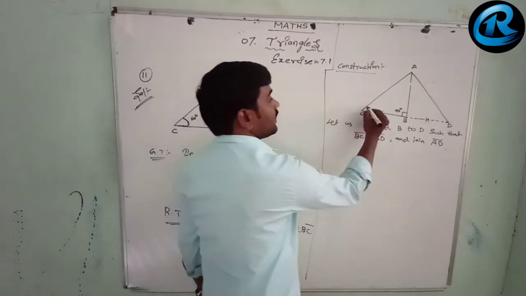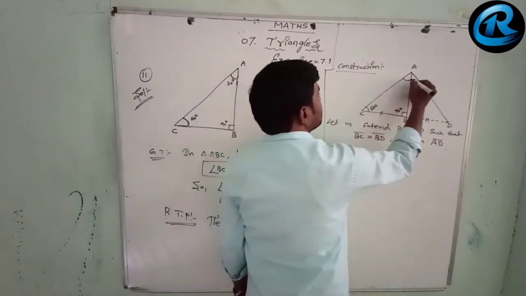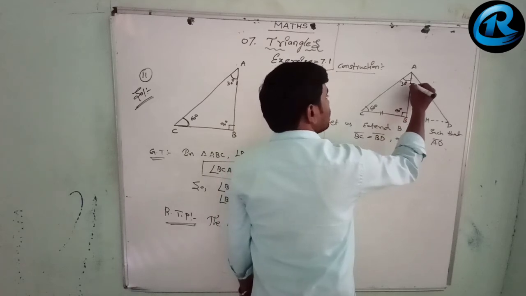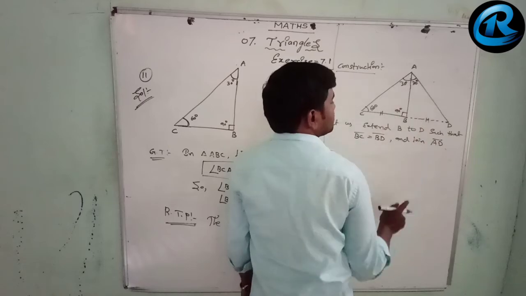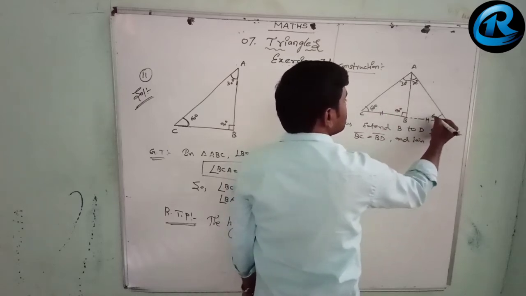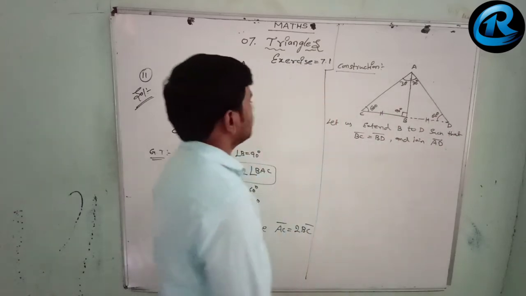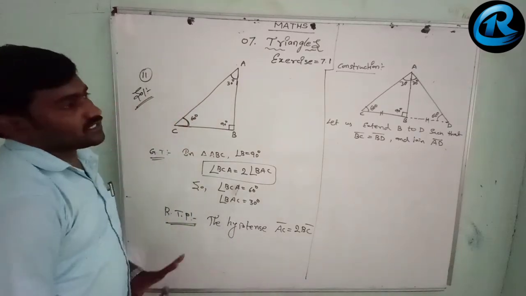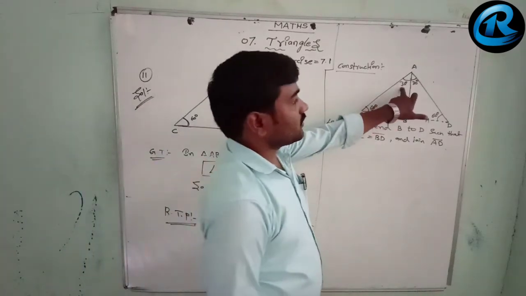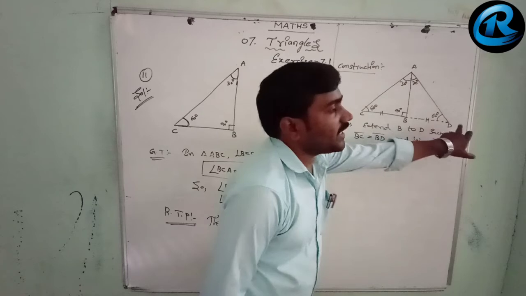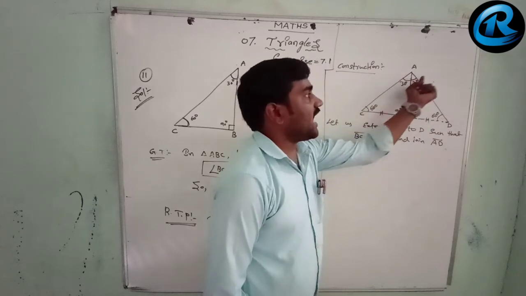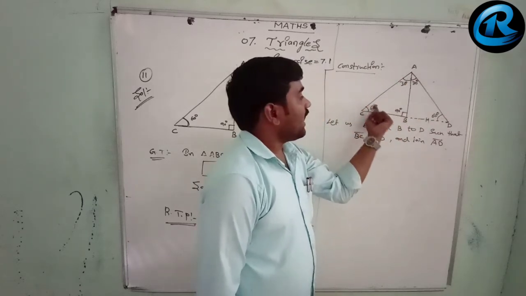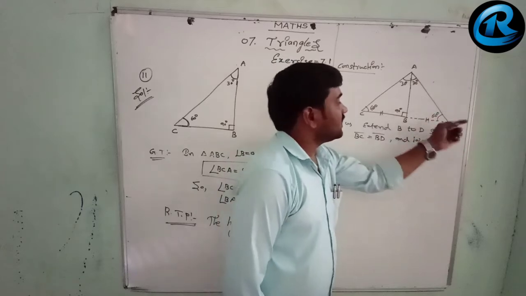So already we know that it will be 60 degrees and this is 30 degrees. So this also will be 30 degrees. Here 60, and here also you will get 60 degrees. Now, it is already 30 only, so this also will get the same 30 degrees. Angle A 60, angle C 60, angle D 60.